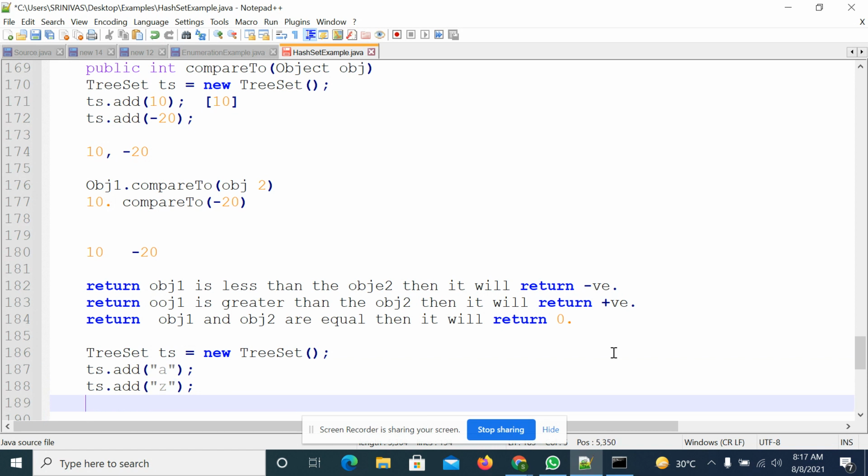So in this case, what will happen? First it is an empty TreeSet, so a will be added directly.